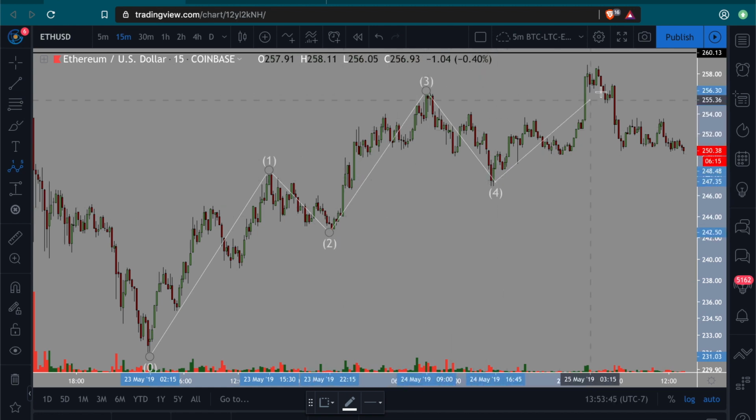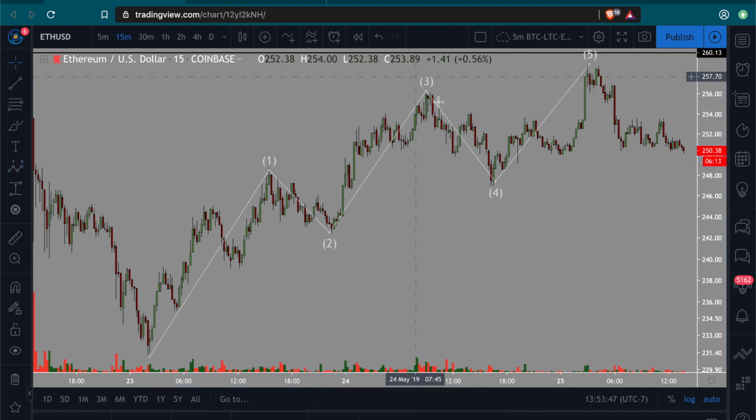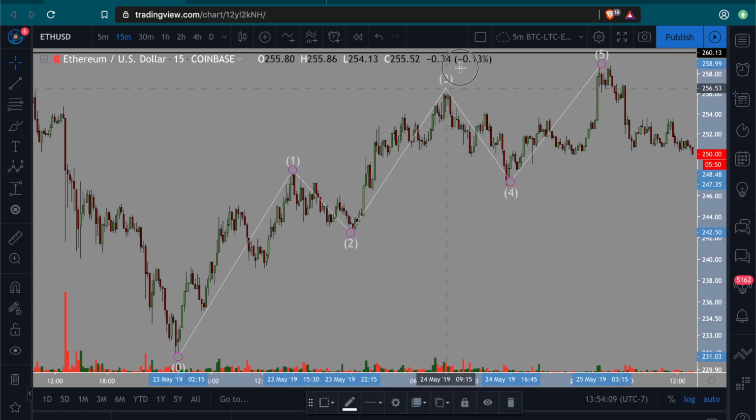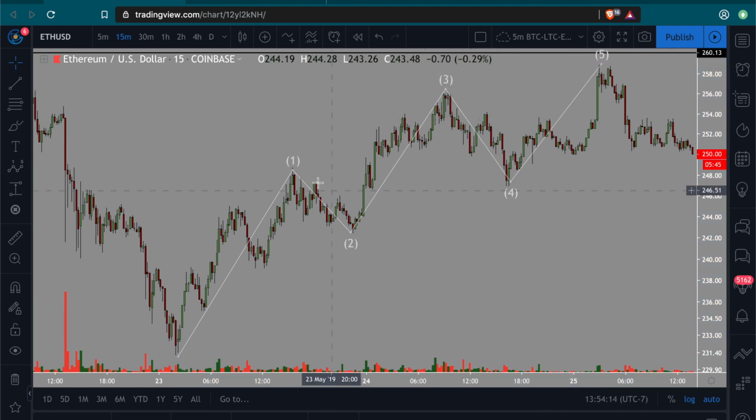Actually, here's the thing about 4. None of these waves can go deeper than the preceding wave. For example, if wave 1 is over here, wave 2 cannot go deeper than the start of the wave. If wave 3 is up here, wave 4 cannot go deeper than wave 1. And wave 3 cannot be as high as wave 5, I'm sorry. So this does not work out properly.